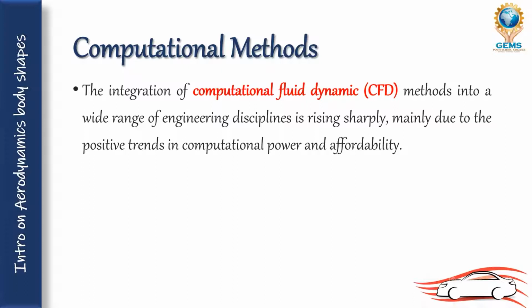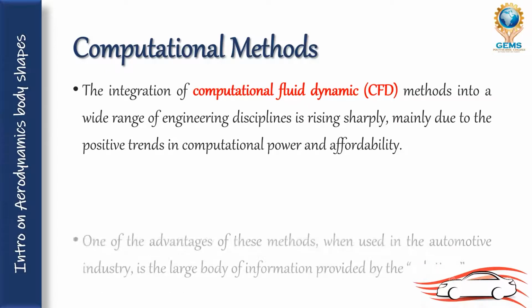Like that, by using the computational method, they calculate: if the wind flows in this way, what will be the speed of the vehicle? They will calculate the maximum speed. For example, if the first vehicle is 220 km per hour, the second model will come as 230 km per hour, 10 km faster than this vehicle. So they will increase the speed and introduce it as a new model. Like that only it will be introduced.